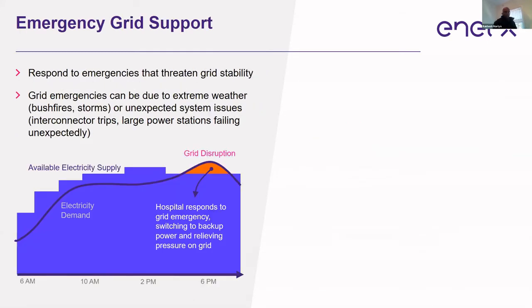So moving on to emergency grid support. This is a little bit more straightforward for most people to understand because it's been going for quite a long time in terms of a concept as far as demand response goes. Straightforward supply and demand events are fairly easy to predict. And as I've already said, over the summer just gone, we had a fair number of these events. So this is where an aggregated portfolio of...